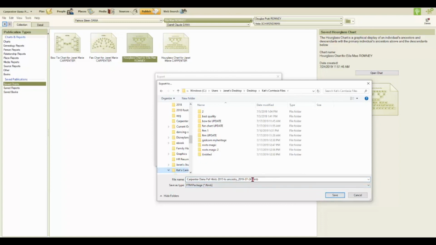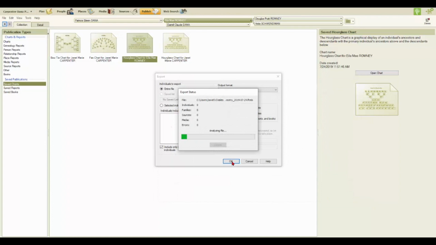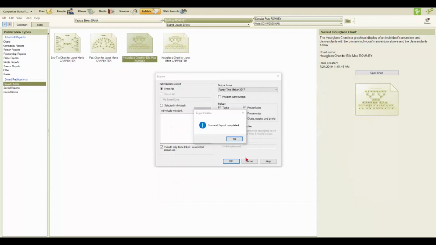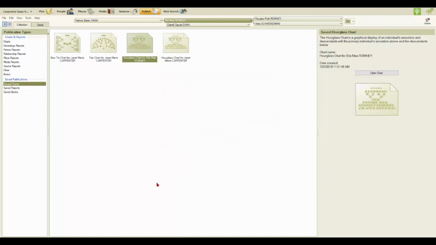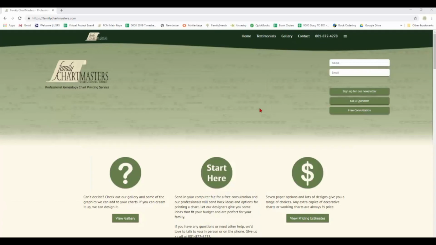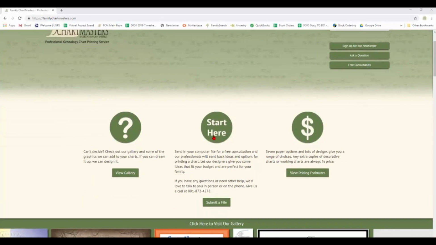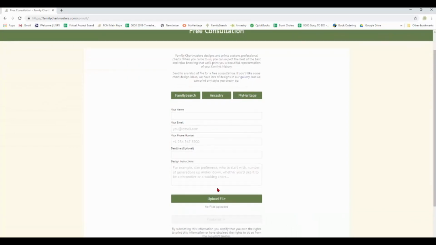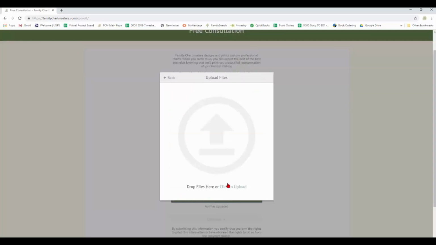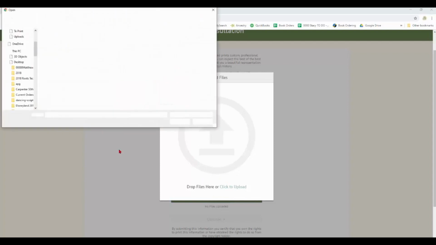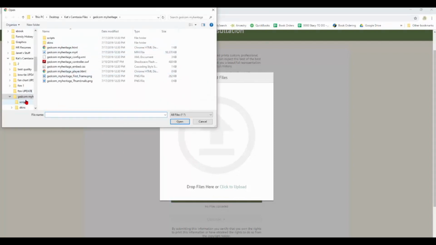So when we go to upload this, we need to export our entire file, and it will save as a Family ChartMaster file. .ftm is what it will save as, ftmb, and we'll save that where we need it. Then we can go to familychartmasters.com, click Start Here, and then you can upload your file. And you'll need to keep in mind that when you upload this file, it is the entire Family ChartMaster file,